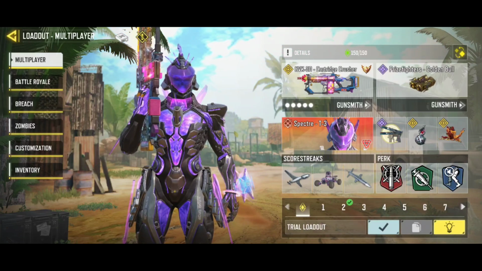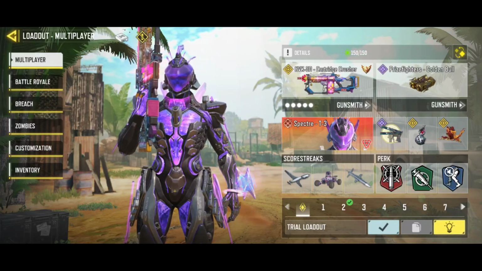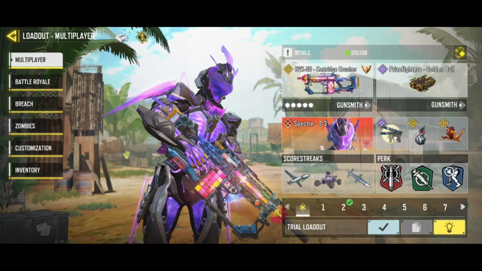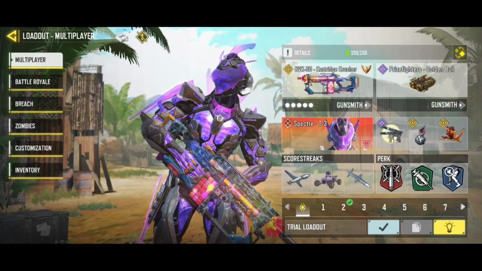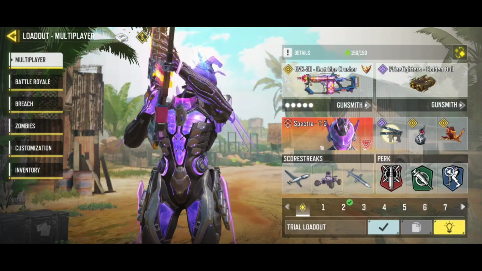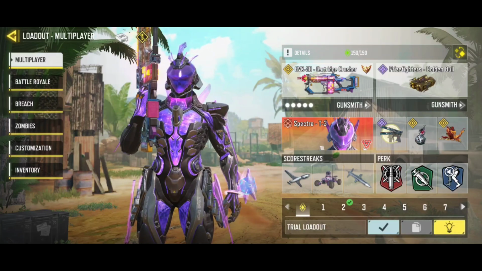Although the complaint would be that the color options are quite lacking. Like the one that I use the most is just that unicorn with the default blue. But otherwise it is certainly a great mythic in my opinion, and I like that the very first one was the Spectre. It overall just fits the...